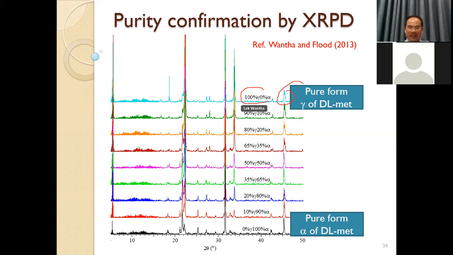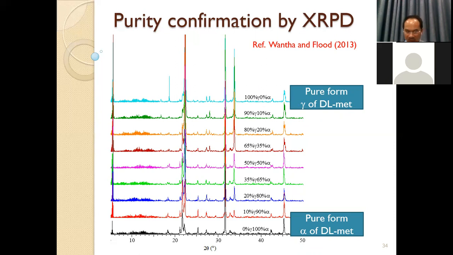And how to detect pure alpha? You can see that for pure alpha, we have this peak, and there's no peak for that. You have to find the peak that is characteristic of each crystal. If you have a sample and then you check it by X-ray,